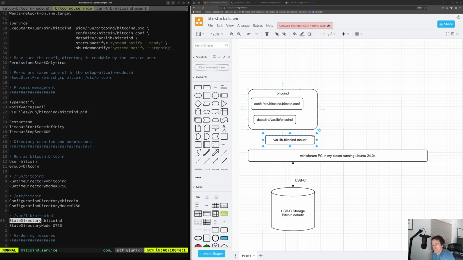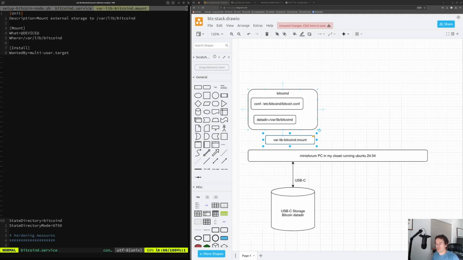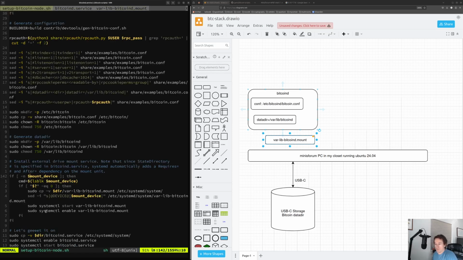Systemd is confusing. It's all in the documentation, but this is how you get /var/lib/bitcoind. State directory is /var/lib, and then you tack on the directory that you want for your actual service, which resolves to /var/lib/bitcoind. Similarly for these directories up here. I have them all commented, but when you do that,